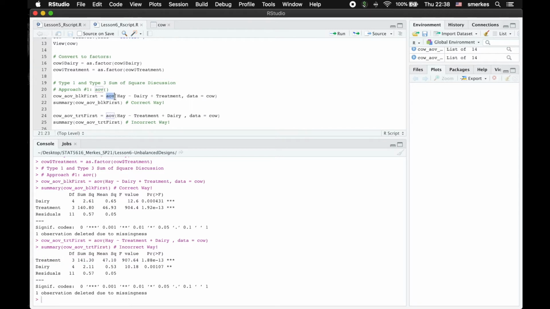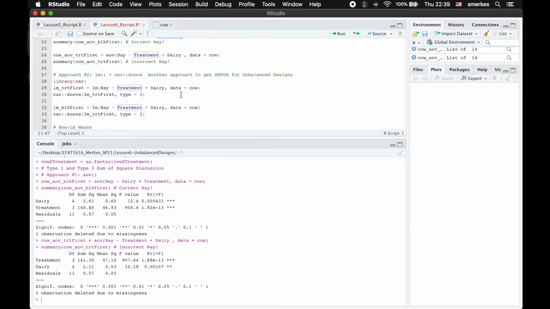If you are using this AOV function, it defaults to type 1 sums of squares. So you need to put your block before your treatment. If you were doing another case like maybe Latin squares, you need to put all your blocks and always put your treatment last. Okay? Another approach, maybe let's say you don't want to remember to put your block first, is